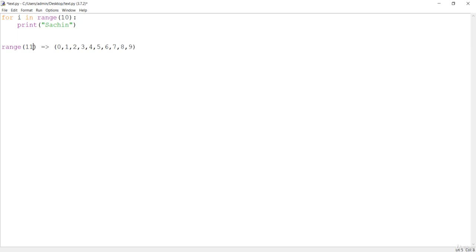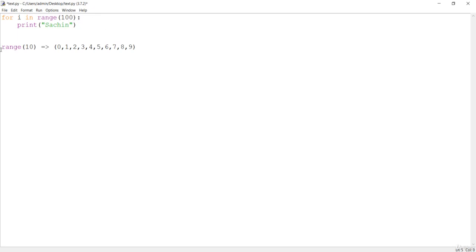But for now we have 10, so it will be executed 10 times, from 0 to 9. First, this i value will be 0, the next time it will be 1, and it will loop until we reach the end. After this we don't have anything, so the loop ends, and Sachin is printed only 10 times. If you want 100 times, it should be 100 over here.